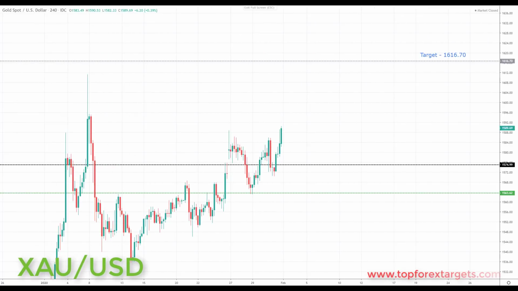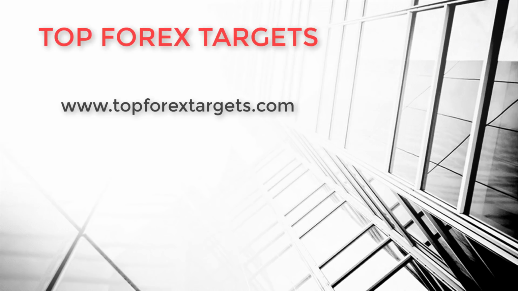And last but not least, we have gold. Now, we have been slightly choppy in gold. However, we are still making our way to the upside. We are still structured to the upside. And if we do get some weakness coming into the dollar index next week, this is likely to help push gold to the upside. So very simply put, going into next week, if we can get a pullback, and preferably if we can come back and retest broken resistance, turning support at the 1574.99, this would be a great area next week to start to look for potential bullish setups. And if we get the right kind of bullish setups in this market, we're going to be looking at initiating longs up towards the next key area of resistance to the upside and the target set at the 1616.70.